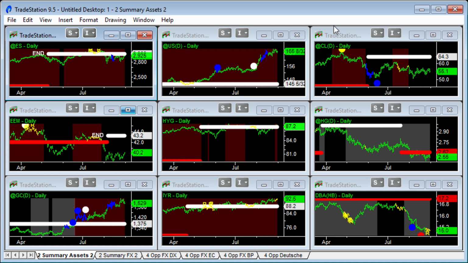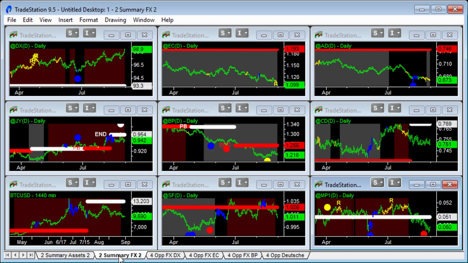Anyway, so let's talk global macro charts. Global macro charts are about finding out where the money is flowing, what assets it's flowing into, and what currencies it's flowing into around the world. And so I like to look at this with two big picture views. One is the view of the assets, and the other is the view of the currencies.